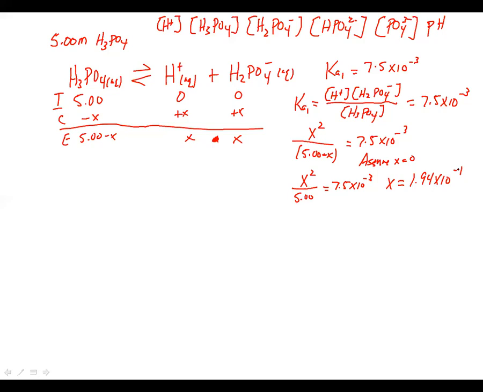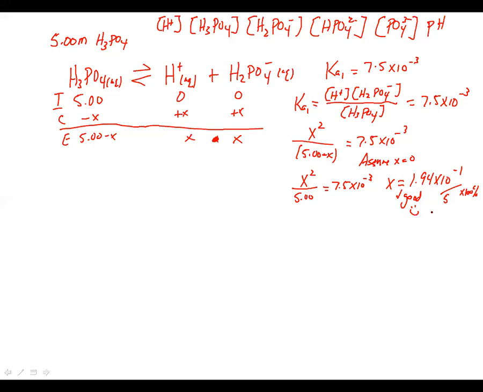And again, we do want to check it. So we're going to divide it by 5 and times it by 100. And we get 3.8% or 3.9%. So the check is good here. Check is good. Thank goodness. So again, we would divide that by 5 and times it by 100 to check it. So since it's good, this gives us